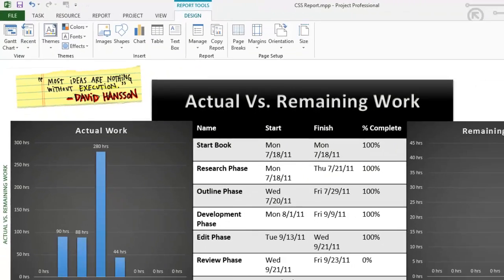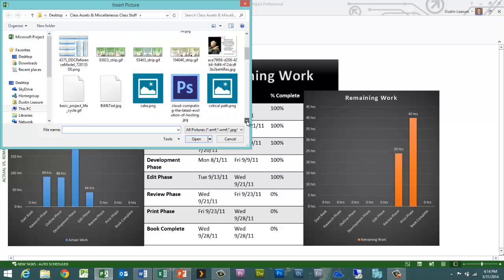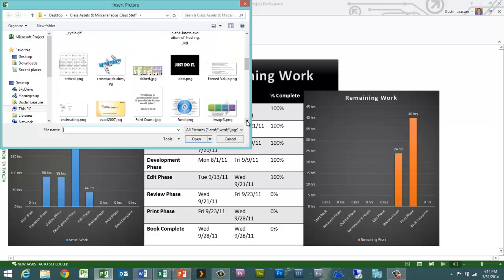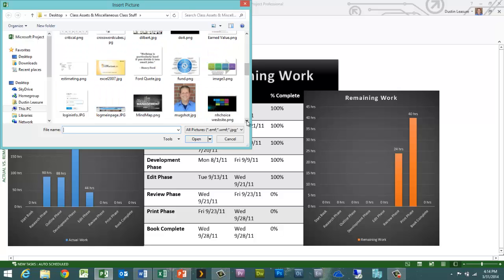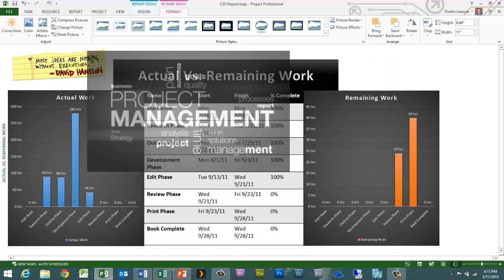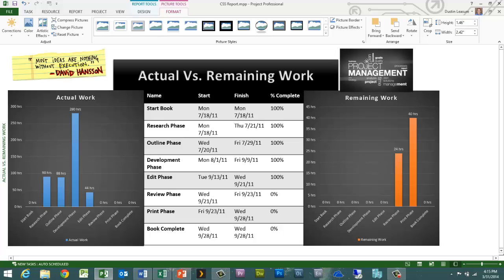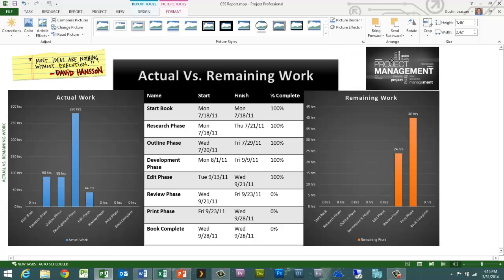So that's pretty quick and easy. And maybe I'll put another image there in the upper right hand corner. Find something project related. There we go. It's kind of big, but gets the job done. And just put this guy into place, maybe do a little bit of resizing. So just like that, I've created this nice new